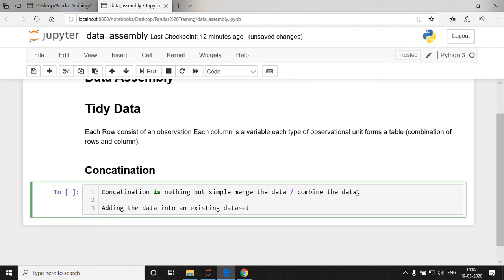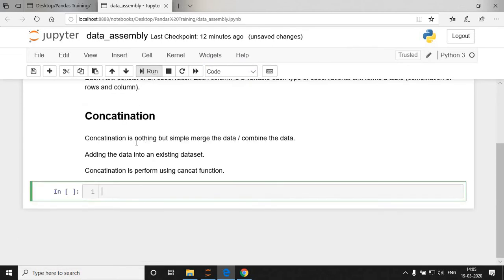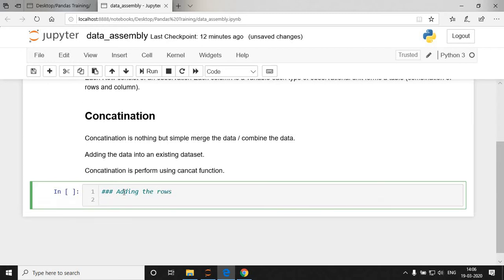Now what do we do for concatenation? Concatenation is performed using the concat function. So I select this as markdown and try to run. Now first step, we are going to consider adding the number of rows. So this is my operation, adding the rows. How are we going to add the rows? For that,